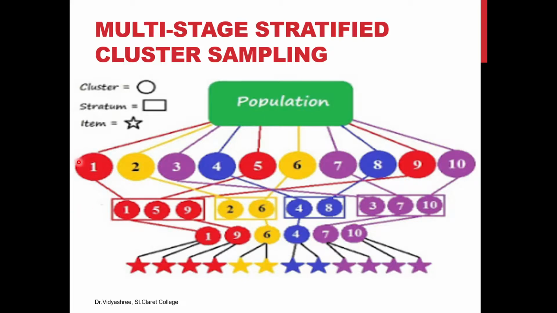So what the researcher has done, seeing the similarity, he has framed the groups, nothing but the strata. So this 1, 5, 9 has similarity, one group, 2 and 6 another group, 4 and 8 and so on. So he has made 4 groups which have the similarity, that is nothing but the strata. With this strata, he has randomly picked a few secondary clusters. He has randomly picked the clusters, that's called primary clusters. He has framed the clusters. From these clusters, he has randomly picked again a few samples. Finally, he has selected these items, nothing but the samples.